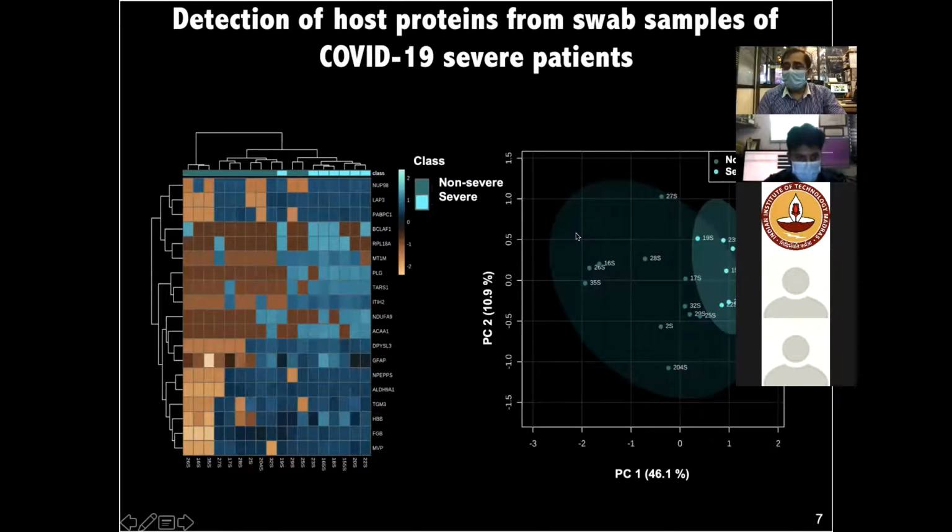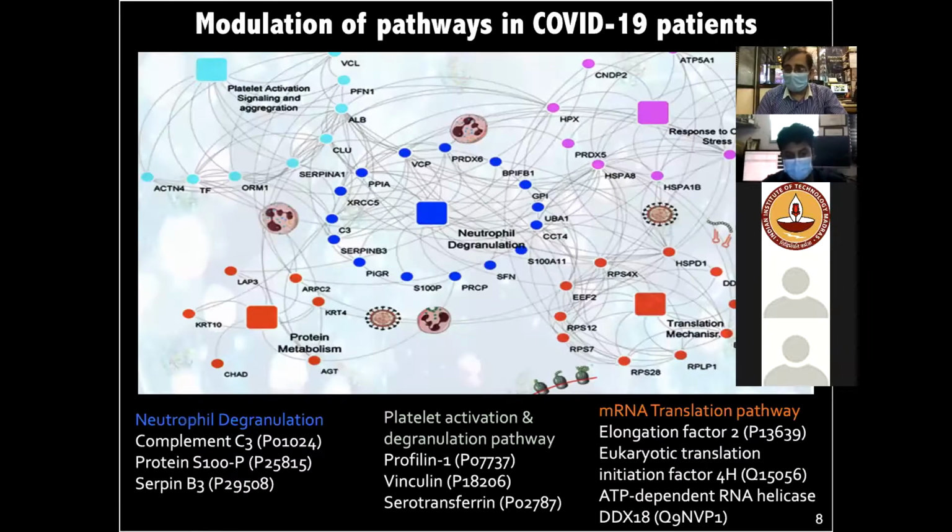Also, we tried to look at the non-severe and severe groups of patients using swab samples. We could see some differentiation happening in the two groups, but then we became more curious. Can we come up with a newer test and newer approach which could do patient severity prognosis? Because most of the time, real-time PCR tests can already do the detection part. Can we look more into the disease prognosis aspect?